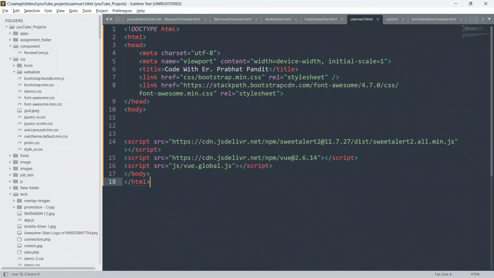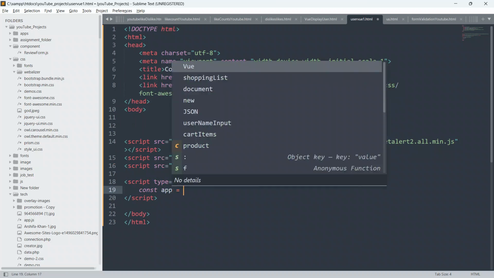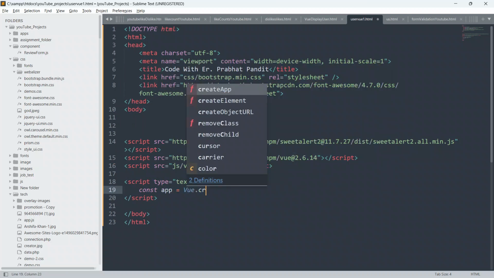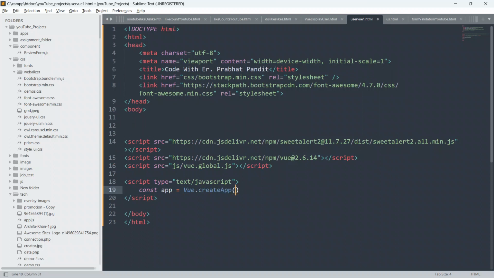So guys, now we have to write some Vue.js script first. I'm going to write the Vue.js script first, so create a script tag. Just create a const and give app equal to Vue.createApp, and I will say a data function, and it will return all the properties.